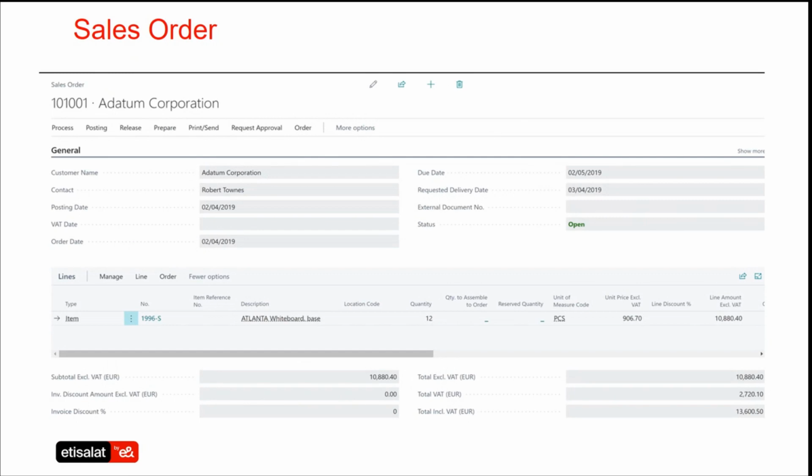The system also has sales order management, where you can manage your entire customer contact and payment terms within the system. It helps you reserve certain inventories based on the sales order, and plan your production orders or procurement orders accordingly. Not only that, it also helps you create production orders for the sales orders.